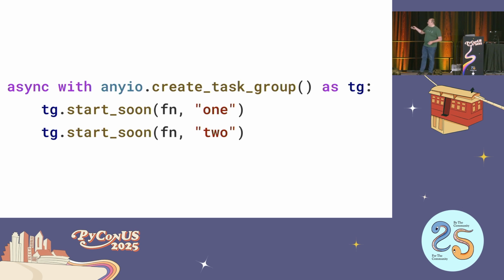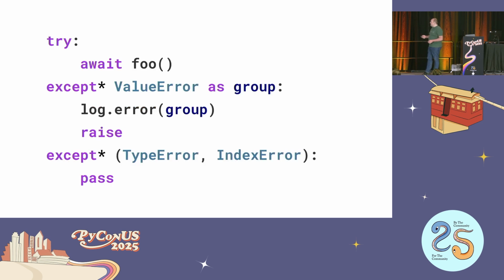So again, the AnyIO create task group or asyncio task groups or Trio nurseries, they're all similar concepts, a context manager which will run a number of tasks conceptually in the background. And if one of those fails, we cancel the other tasks and then we raise the errors. And so if an exception is raised, the task group will always wrap that in an exception group to represent that even if there's only one this time, there could have been concurrent errors. And so we use the exception group to mark that there could have been concurrent errors and to give you some way of handling exceptions when multiple exceptions could have occurred. And I promise we will get onto how to handle exception groups soon. Like right now.